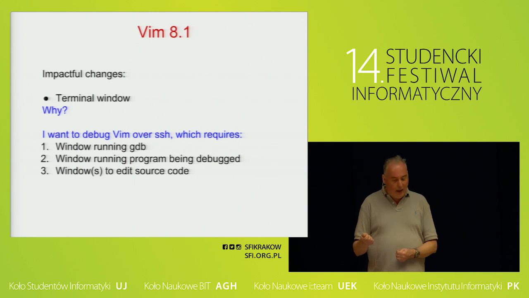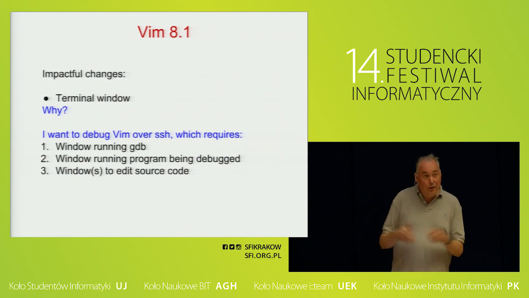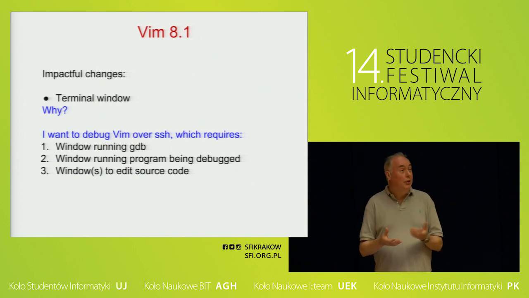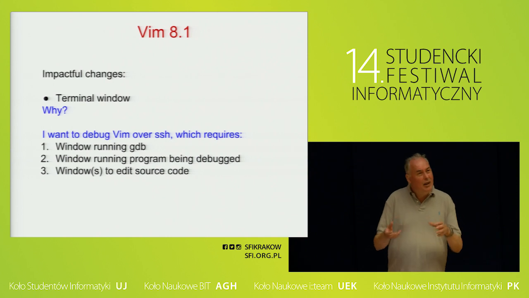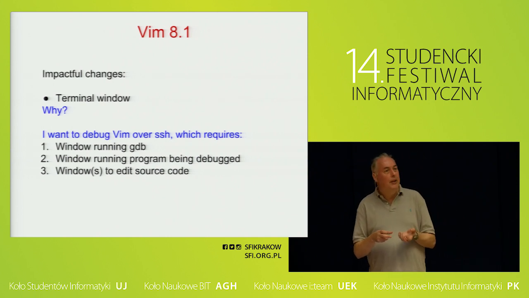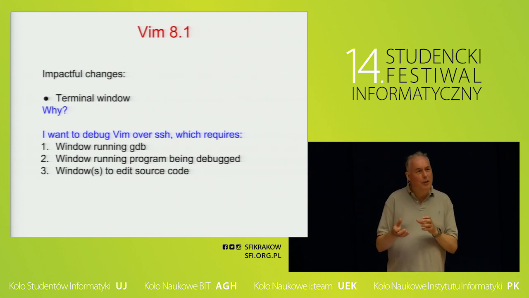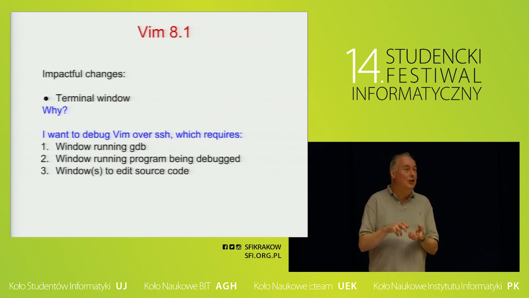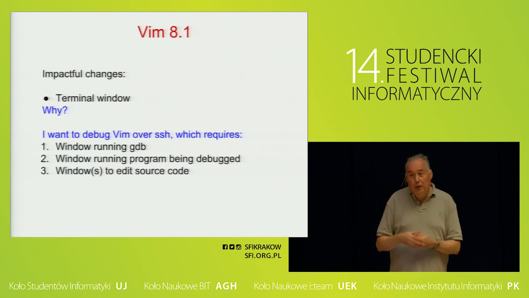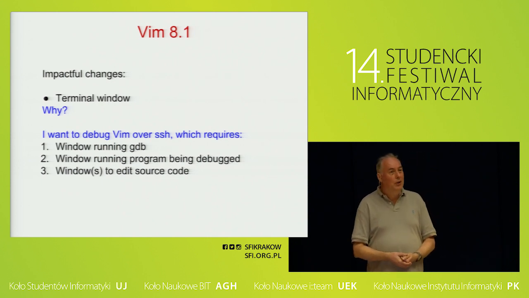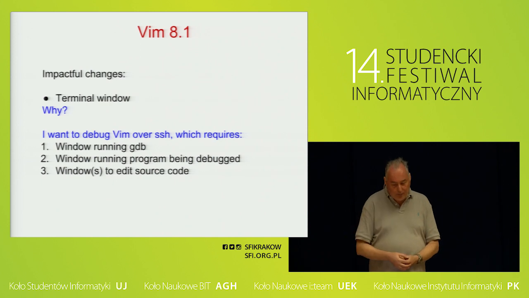So what do I need for that? First of all, I want to run GDB. That is the debugger I use. I want to see that program being debugged, which is Vim. And actually, Vim has to run in a separate window. Sometimes you can run GDB and have the program run in the GDB window. With Vim, that doesn't work, because they're competing over the input. And then, of course, you want to have a look at the source code at the same time, so you can step through it.